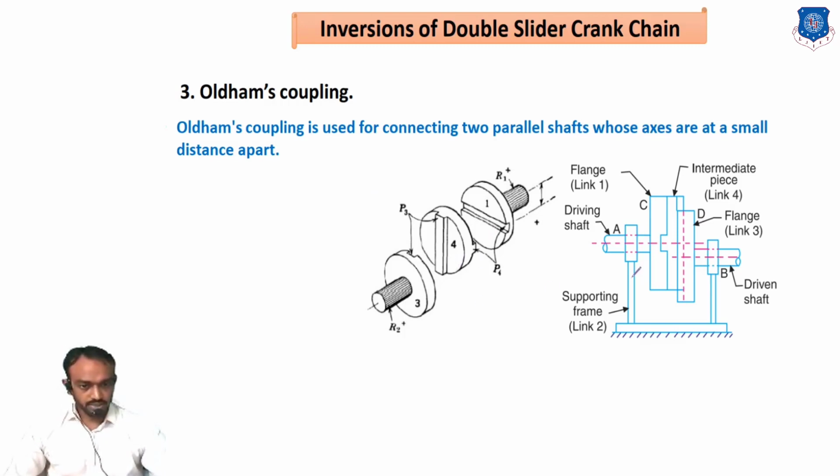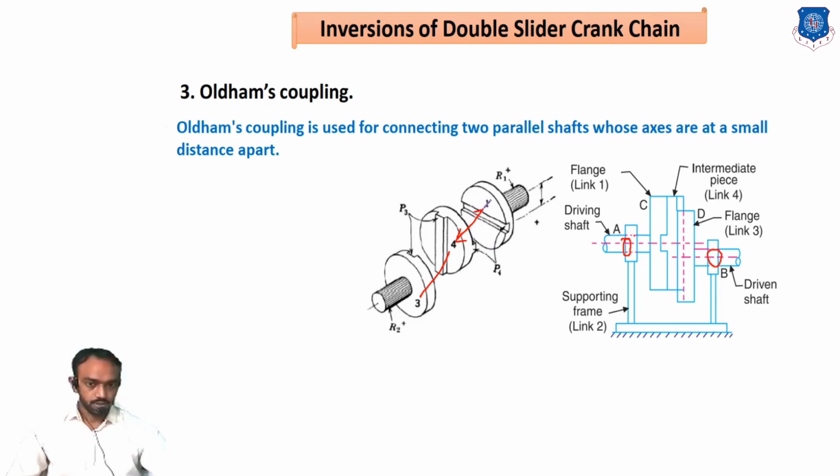There are two sliding and two turning pairs. Check this out, this is link number 2, the frame. One turning pair will be here, and the second turning pair will be here. The remaining two are sliding pairs. This element and this slot will be sliding pair number 1, and this slot and this element here will be sliding pair number 2. That's how two sliding pairs are generated, between 3 and 4 sliding, and 4 and 1 sliding.